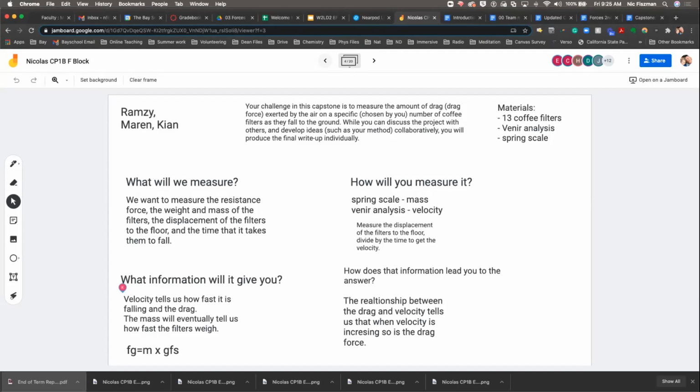Does it matter that your coffee filters are nestled really strongly with one another, or can they be a little bit loose? I think it does matter because if they're all spread out, they're going to generate more drag than if they were all in a pile. Okay. Again, I'm just generating questions, right? Like I have no idea. I don't know the answers to those. I'm going to let you play, but